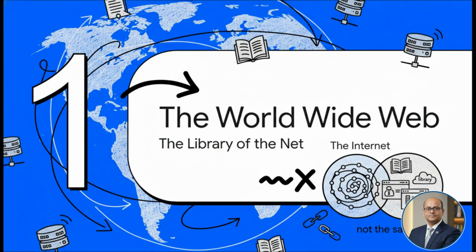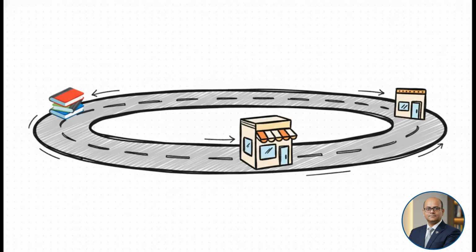Okay, our next topic, the World Wide Web. Now, students, listen carefully. Many students get confused here. They think the internet and the World Wide Web are the same thing. But no, they are different. This is a very important point. Let us go back to our road example. If the internet is the network of roads, then what is the World Wide Web? It is like all the buildings on the side of the road, the libraries, the shops, the houses. The web is all the information, the websites and videos that you find using the internet roads.